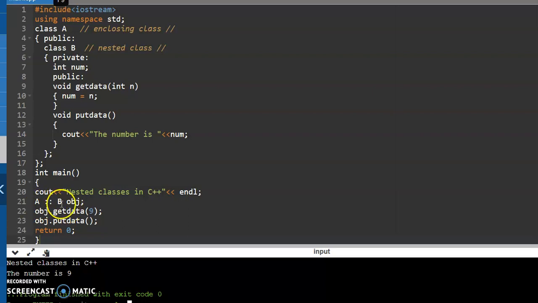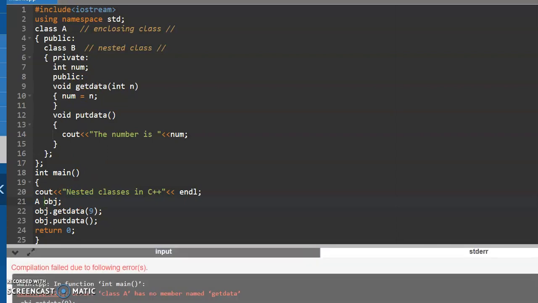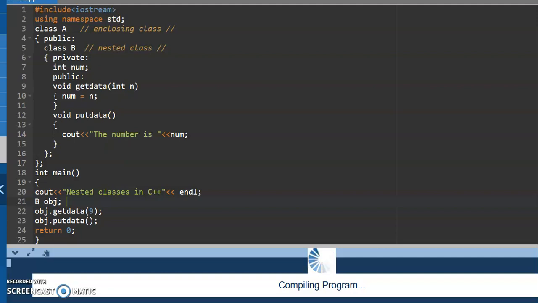So let us try running it with just one class name. As you can see over here, there is a class A, and the object could belong to class A as per the statement given over here. So the object obj is belonging to class A. Let us run this program. It results in an error. Now I'm replacing A with B, meaning the object is belonging to class B. Again, I try to run this program,